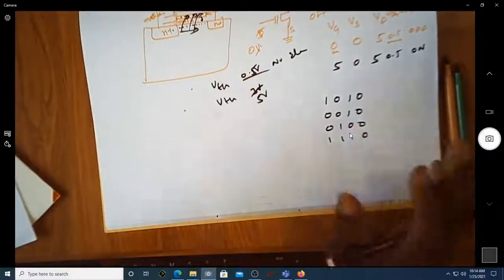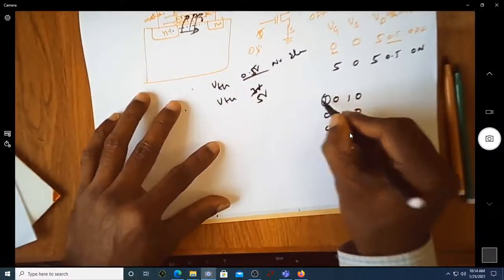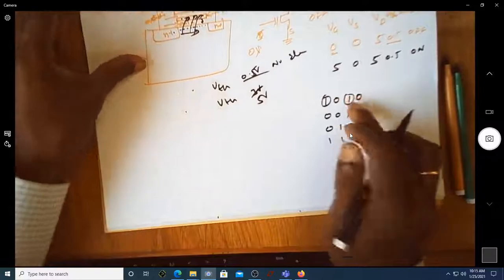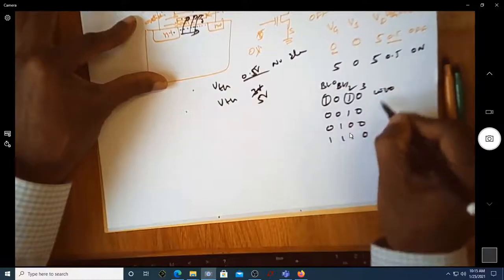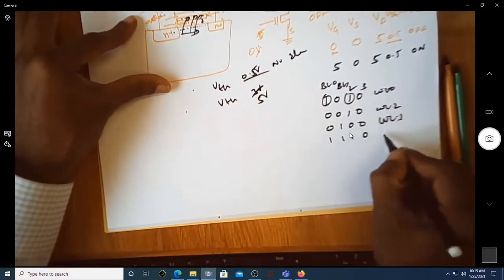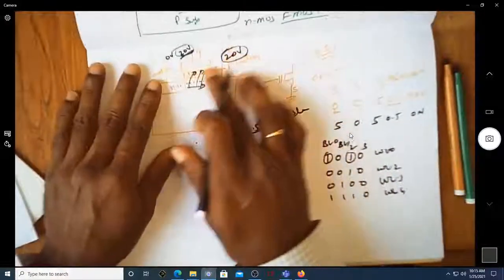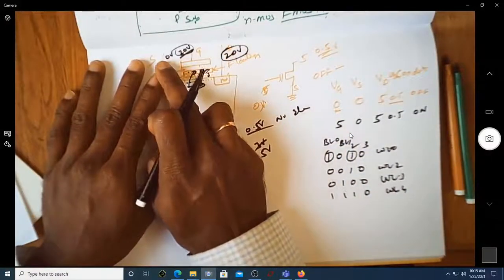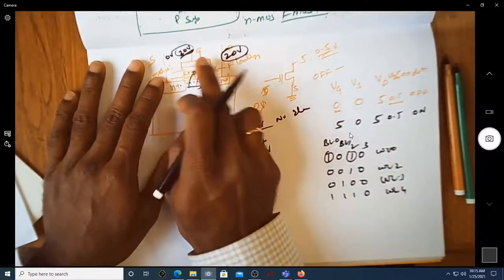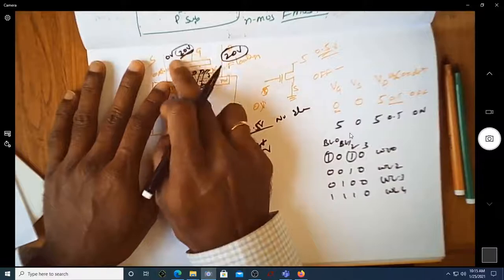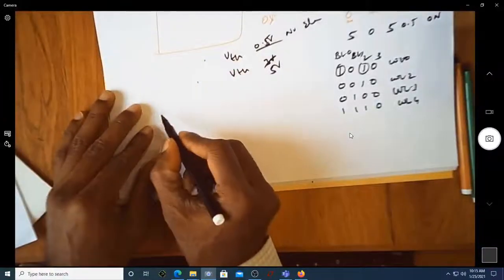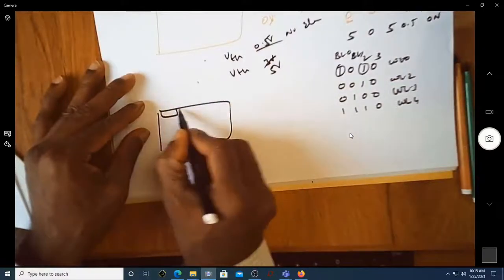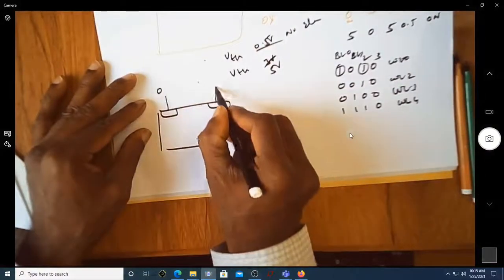Now since I want to store a bit 1 on these two positions, this is bit line 0, bit line 1, 2, 3, this is word line 0, word line 2, word line 3 and word line 4. As I said here, when you make the voltage between 0 and 0.20 between source and drain and 0.20 between source and gate, then only the electrons are trapped. Once the electrons are trapped, you again apply 0 volt, this is 5 volt.